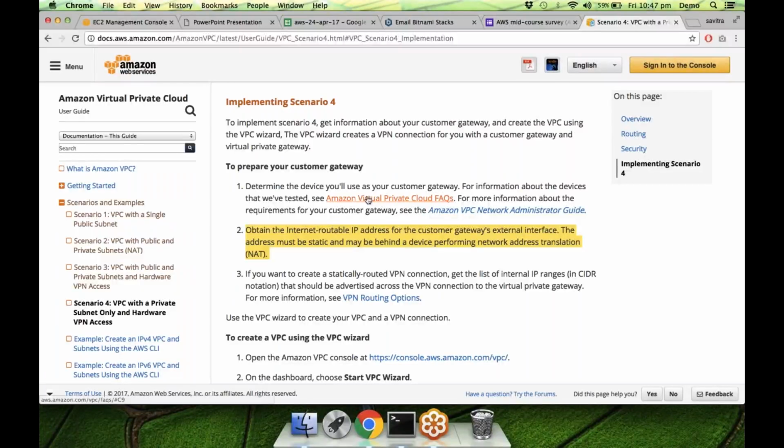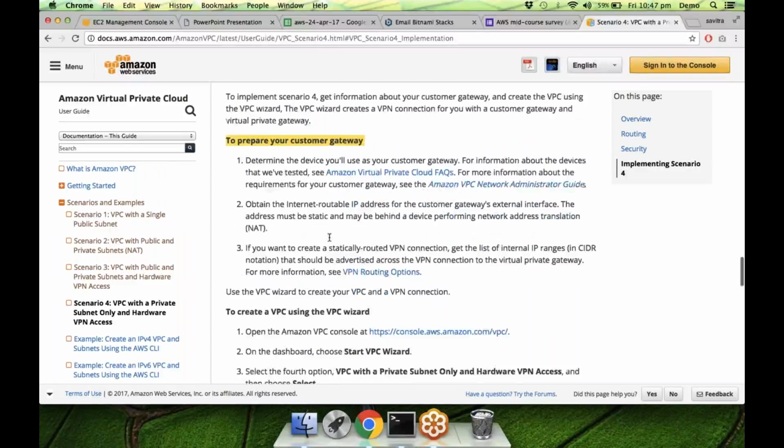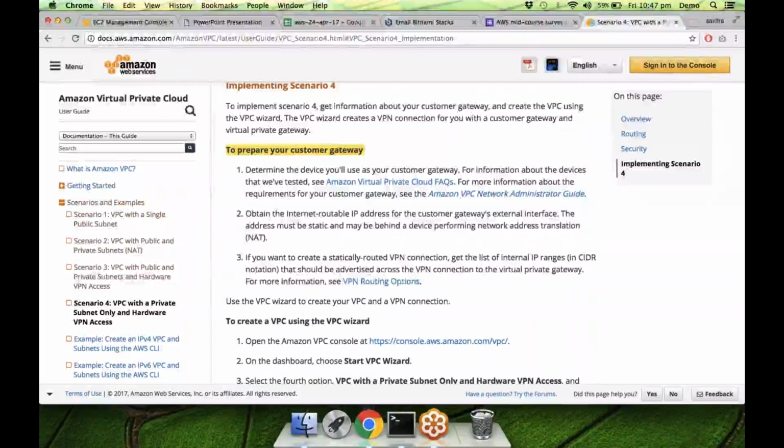Yeah, so all this, you have to basically set up the customer gateway on your side, all right, and for that you need to know things like static IP address or the range of IP addresses that you'll be using on your network side. Okay, this is a little tricky bit here. If you have access to a network person, a network administrator, that will be helpful. Okay, from the AWS side,